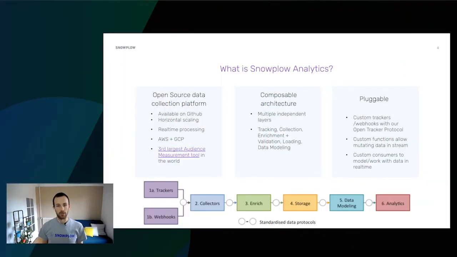Quickly, what is Snowplow Analytics? So we're an open source data collection platform. What our product does is lets you collect really granular, high quality event level data from all of your websites, apps, server-side tracking. Anything you want to track, you can track with Snowplow. We're not going to get into all the amazing things you can do with Snowplow, but we will talk about